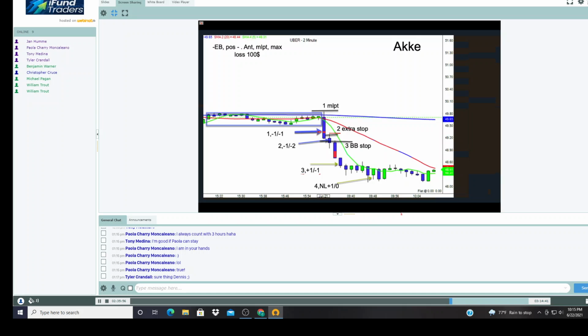Okay. Yeah, big bar, but when can we do the first stop adjustment, Ake? When do we do the first stop adjustment? After what? We already came by here 3 times today, I think. When is the first stop adjustment allowed? After a pullback. There's no pullback here. So no stop adjustment, right? No stop adjustment. Just stay in the trade here.